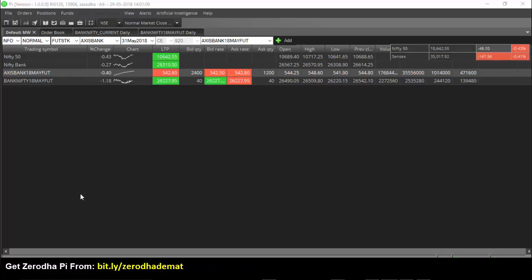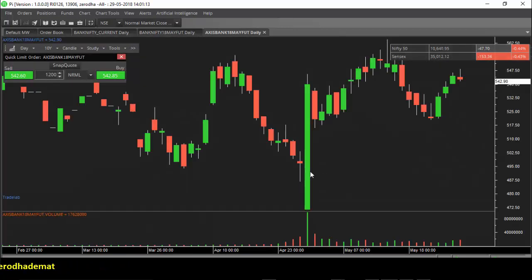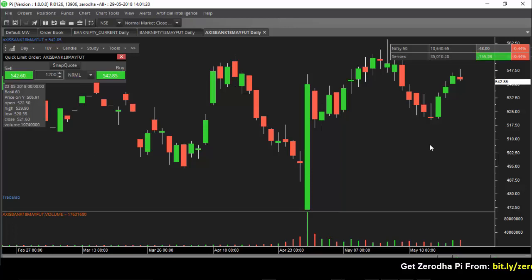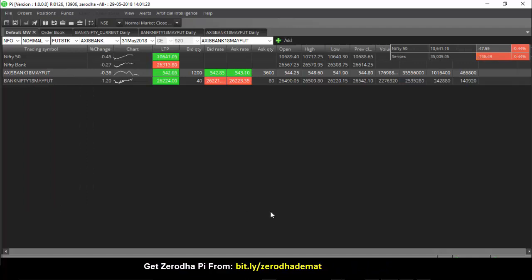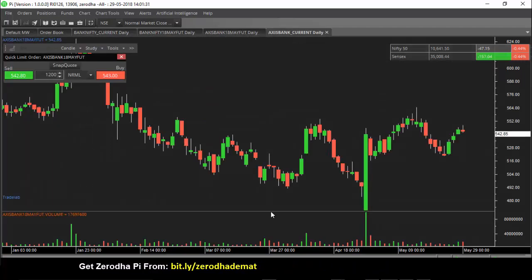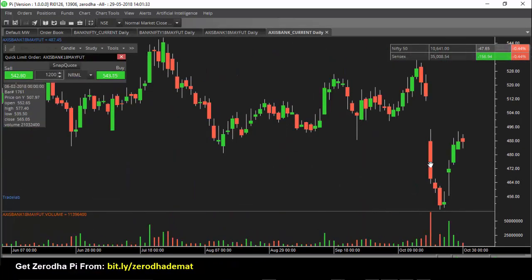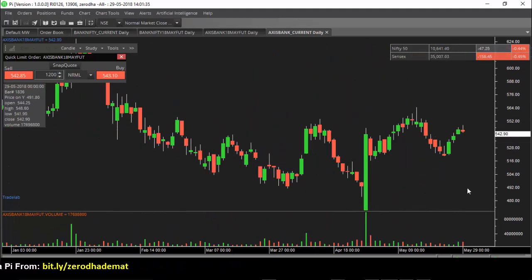Let us open first the normal chart. So this is the normal chart. We are having only 3 months of data. You cannot do any good analysis on this particular normal chart. But if you want to open a continuous chart, see, this is the continuous chart. You can do whatever analysis you want to do. So this is the power of continuous futures contracts.